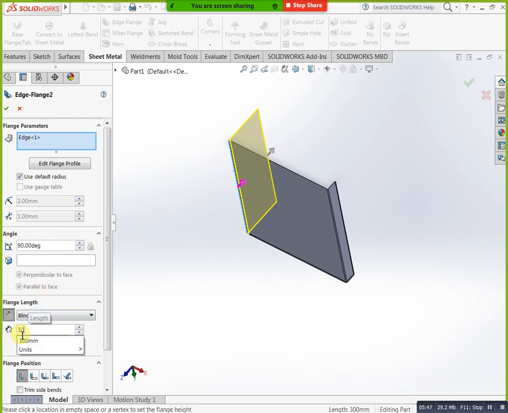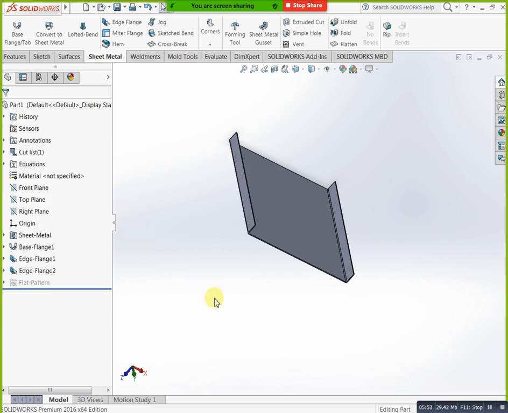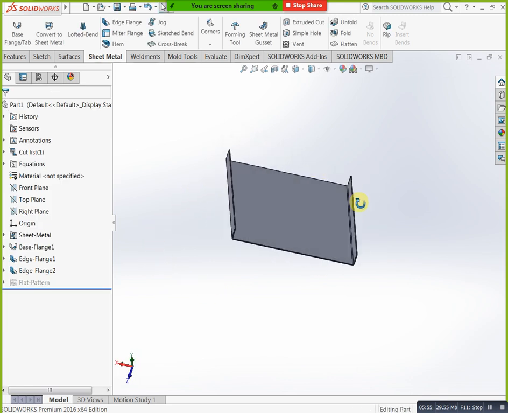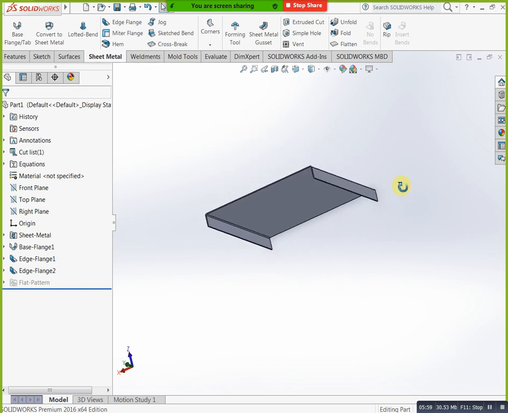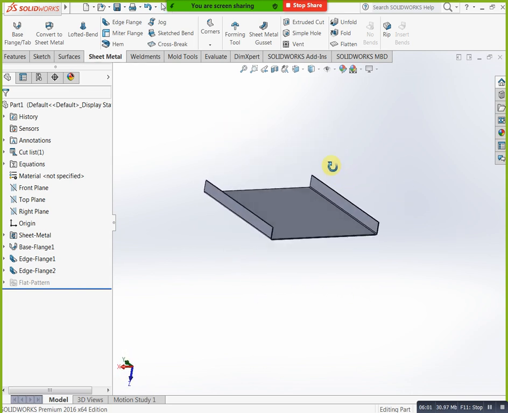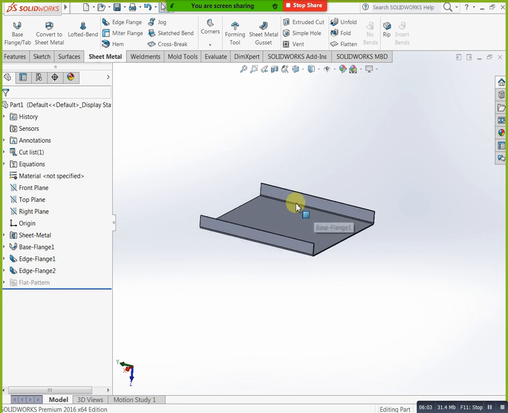Just you can do finish. See, this is our sheet now. Next, we completed this one.